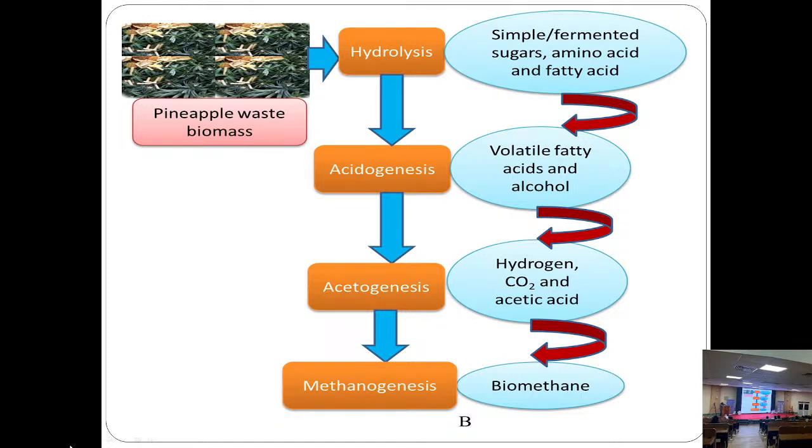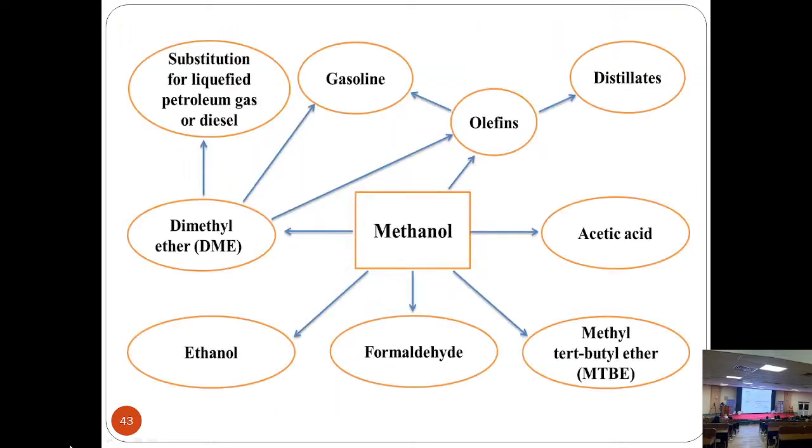So in this case, all four steps are combined through the help of biotechnology tools, and the steps are combined to go for the production of biomethane. Next, from this compound, the huge scope of biomethanol is also seen, and how this biomethanol gets converted to all sorts of compounds, called olefins and gasolines. You can also convert it to methanol. This means the scope of the conversion of these types of compounds is also there.